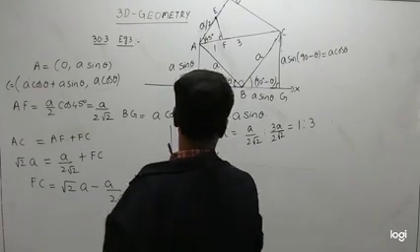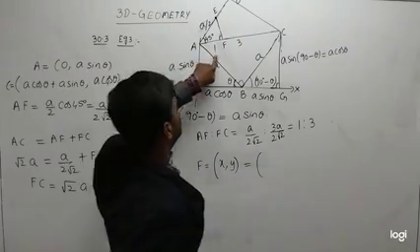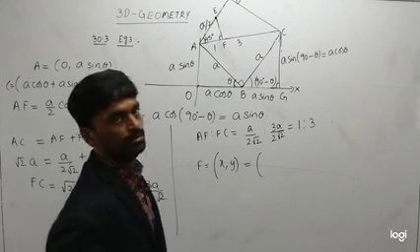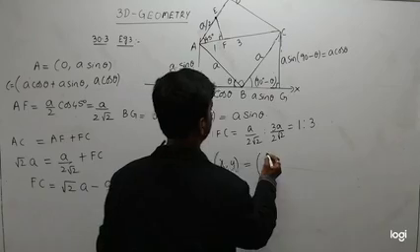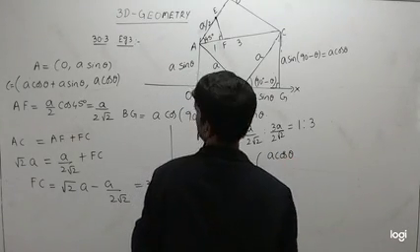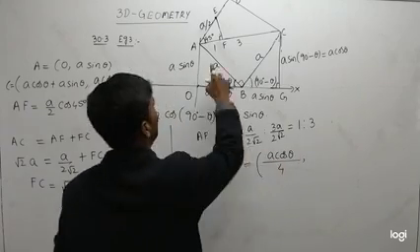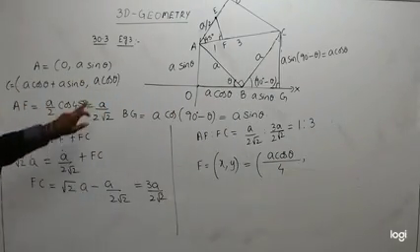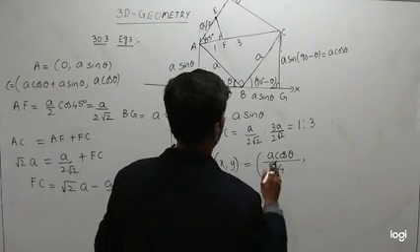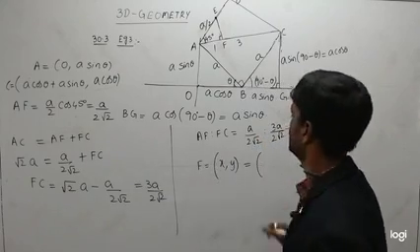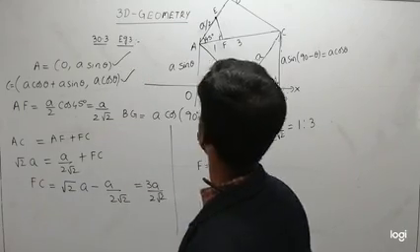So let the coordinates of F be x comma y. So that is equal to, using the section formula, what you'll get? 1 into C plus 3 into A divided by 1 plus 3. So using the section formula, I'm writing directly. So 1 into a cos theta plus 3 into 0 divided by 1 plus 3, 4. Next, 1 into C coordinate, y. I think I did it wrong, sorry. Using the section formula, A coordinates are 0 comma a sin theta. C coordinates are this only. So we have to use the section formula, no?